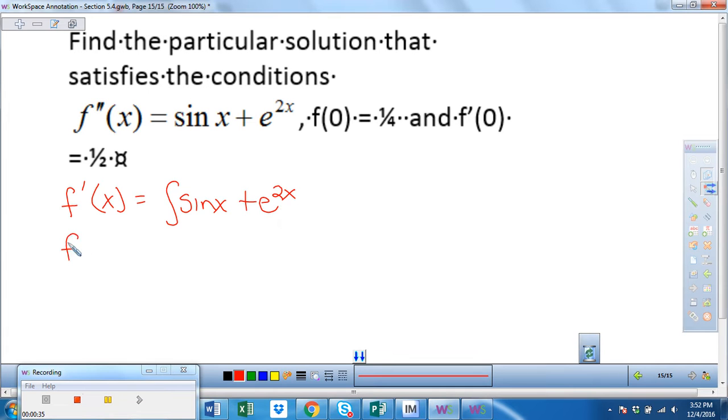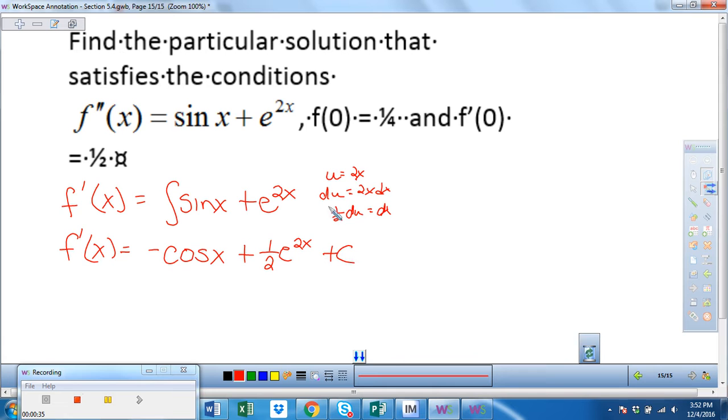And that integral gives me the first derivative, which would be negative cosine x plus, using u substitution, I make u equal to 2x, then du is equal to 2 dx, so 1/2 du equals dx, so I end up with 1/2 e to the 2x plus c,